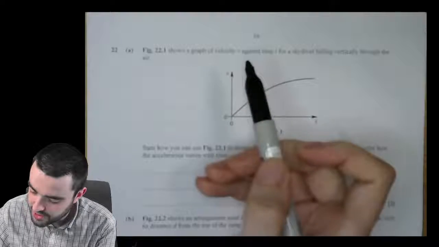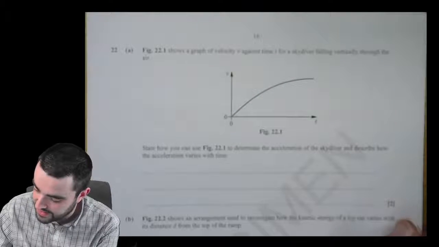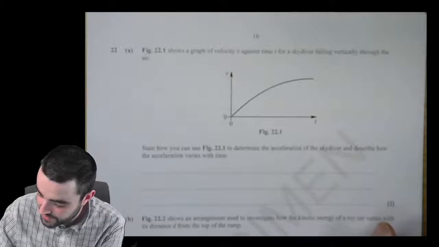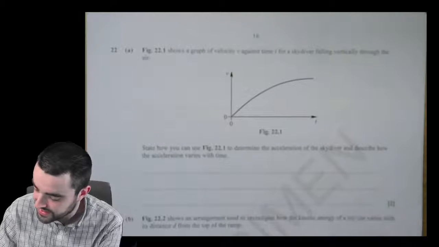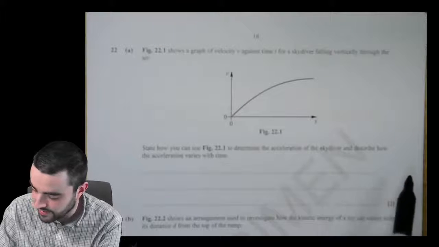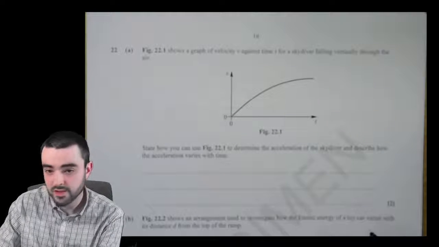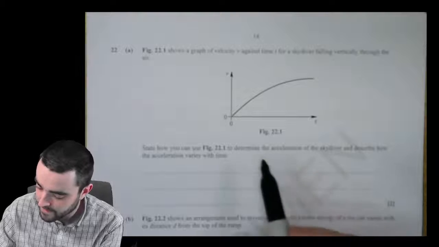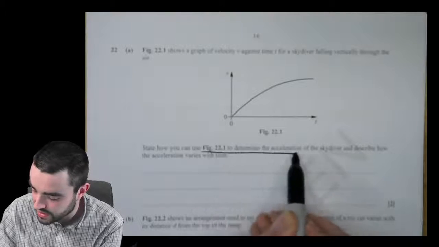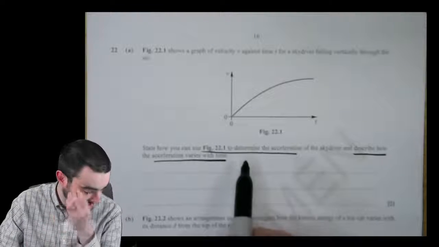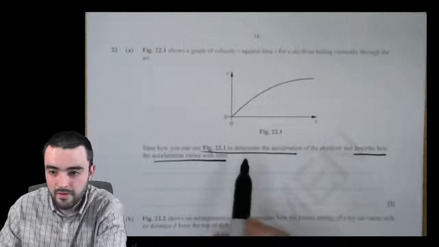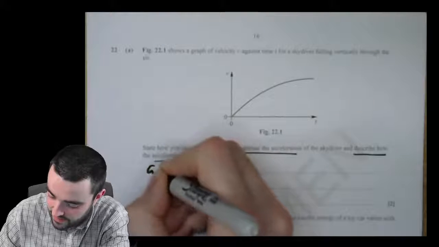So, figure 22.1 shows a graph of velocity v against time t for a skydiver falling vertically through the air. State how you can use figure 22.1 to determine the acceleration of the skydiver and describe how the acceleration varies with time. 2 marks, 2 things to do. So how you can use this to determine acceleration and then describe how the acceleration varies. Well, the first thing is nice and easy to state. Gradient